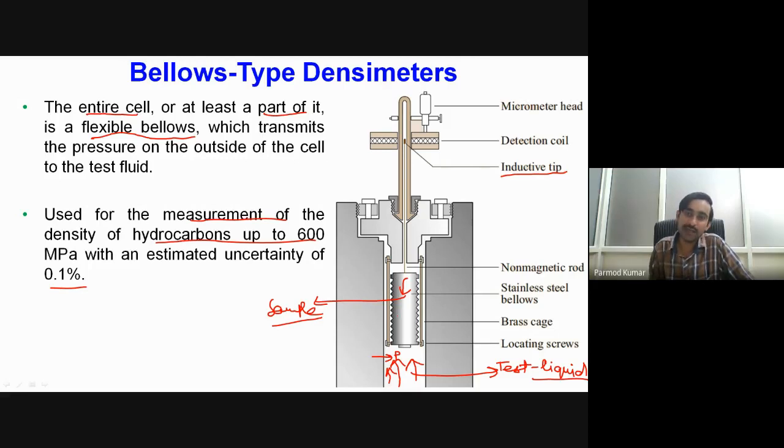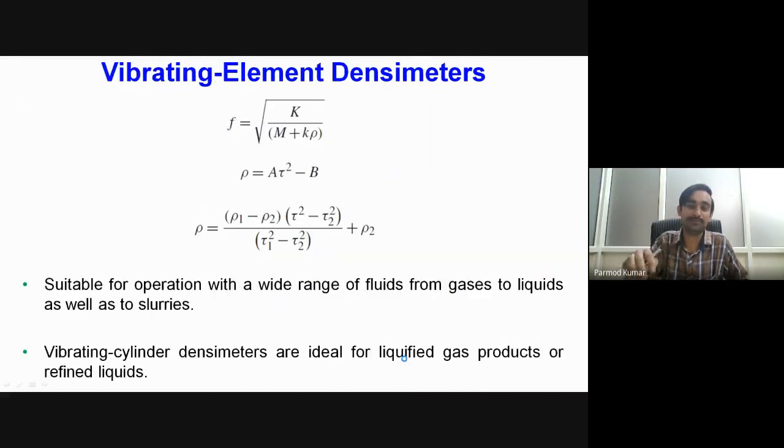Generally, the cross section of this bellow is kept constant, so that by just having the linear movement of the bellow boundary, we can estimate the change of its volume. In this case, how much contraction of the sample liquid has taken place while it is subjected to some pressure condition is the basis on which the density calculation is done. So over here we are subjecting our sample to a certain pressure, and based on that pressure we see how much contraction of our sample is taking place, and that contraction is related to the density of the sample.